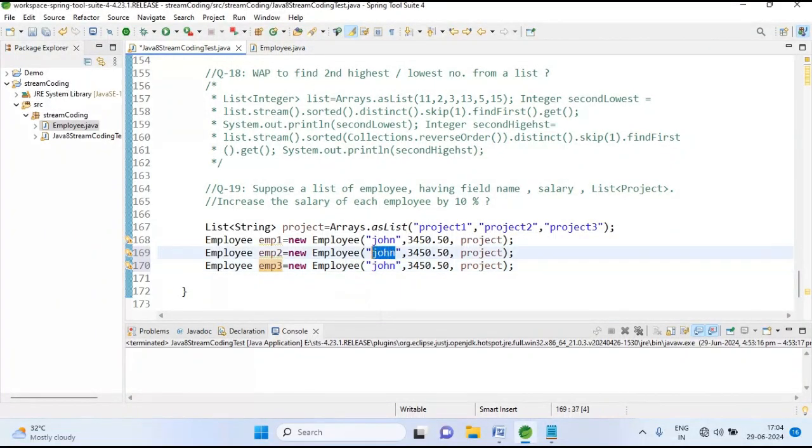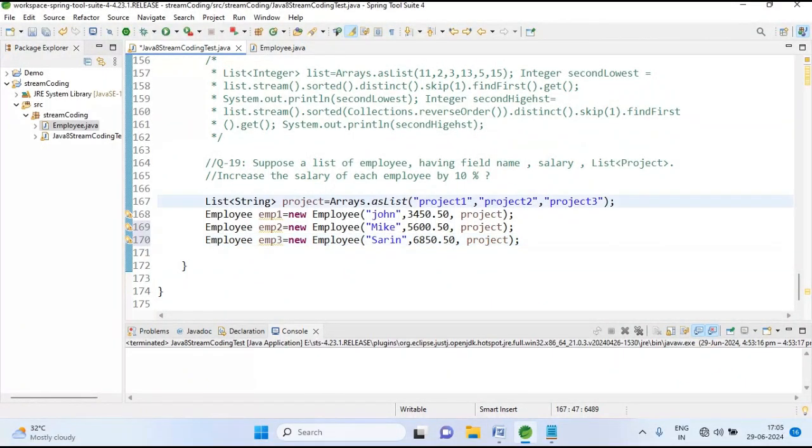Suppose this is Mike, and this is Sarin, and the salary is suppose 5600, it is 680, 6850. Okay,